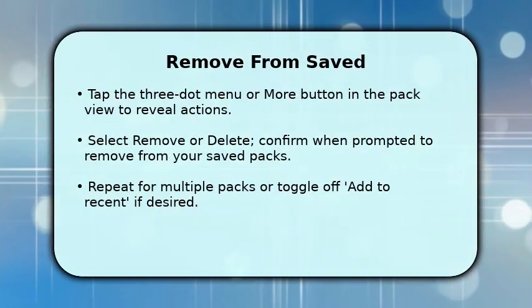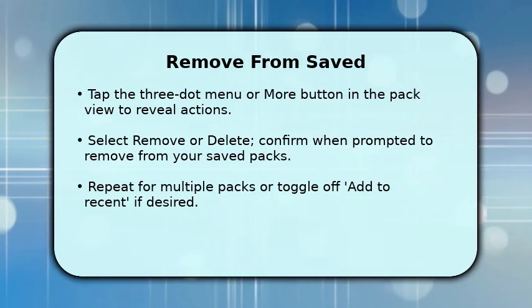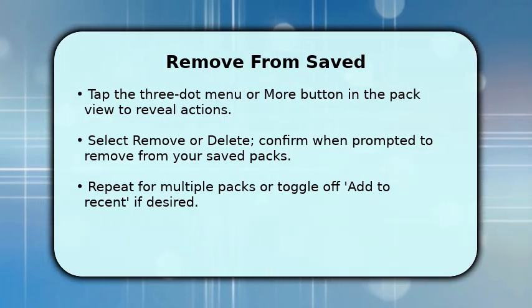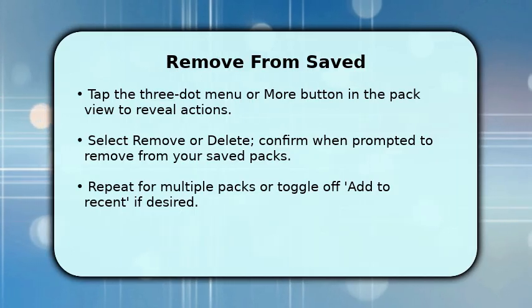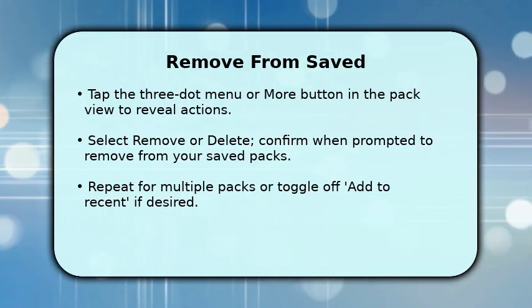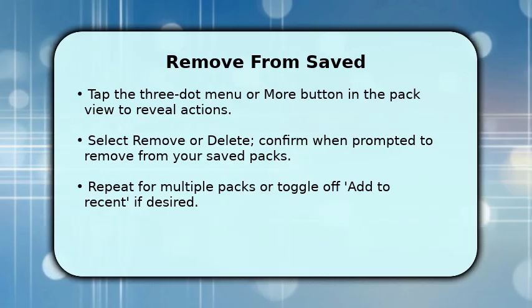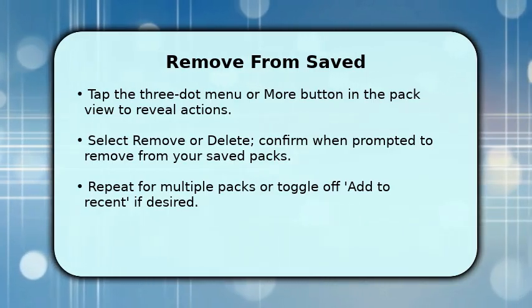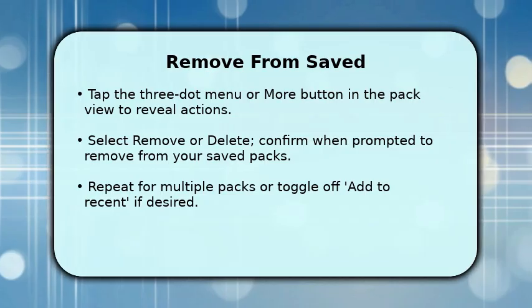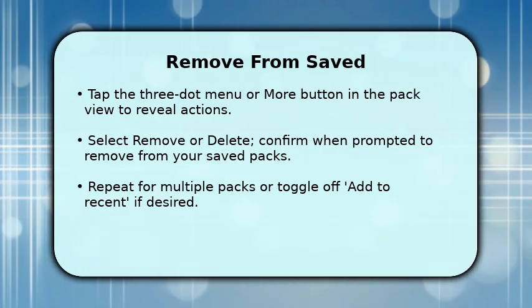You now remove the pack from your saved list, which stops easy access and recent suggestions. Open the pack menu using the 3 dots or more button and choose Remove or Delete. Telegram will ask you to confirm, so tap Confirm. Once removed, the pack won't appear in Stickers or the Suggestions drawer, though it may remain cached locally for a short time. Repeat the same steps for any other packs you want gone, and consider toggling any settings that autosave